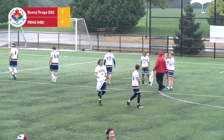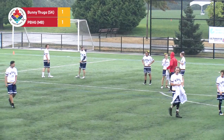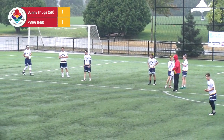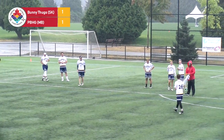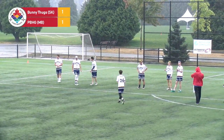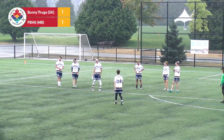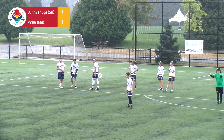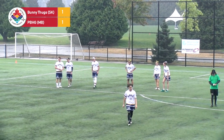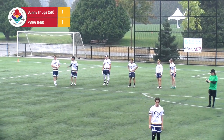That's the kind of game I think we can expect to see here from these two teams. Not willing to give up any easy points here as well. PBHG did turn over that one initially, but were able to get it back on the short field and convert on their second attempt. And I think we're going to see a lot of the same players that we did on our stream yesterday and the day before. You heard Becky there say Thompson and Beardsell, the two main players for the PBHG team. And I think we'll see Jada Lim as well from their team making strikes and catching the disc for them as well. And on the Bunny Thugs side,